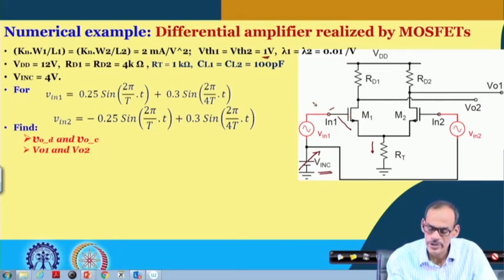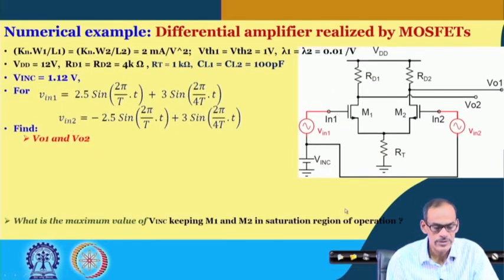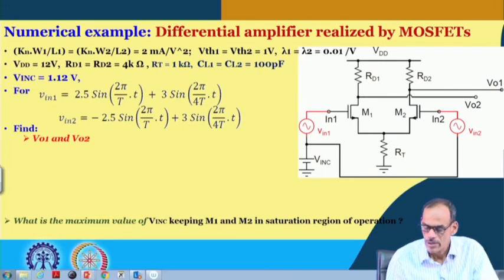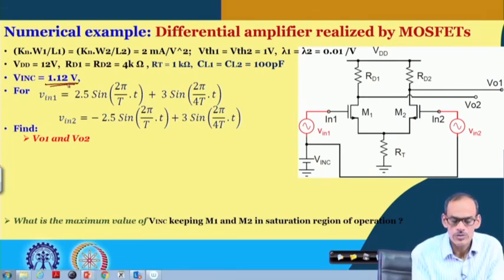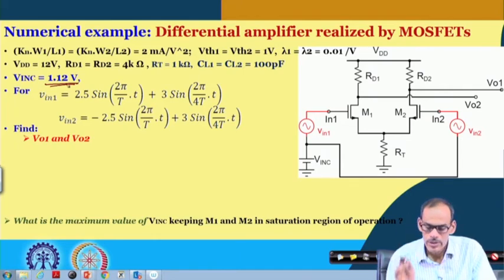So, let us consider the voltage here to be, say, 1.12 volt, and try to see what the corresponding current is. In the next slide, we consider V in C as 1.12, and the method we have followed to find the corresponding current can be followed, and it can be shown that the current here is